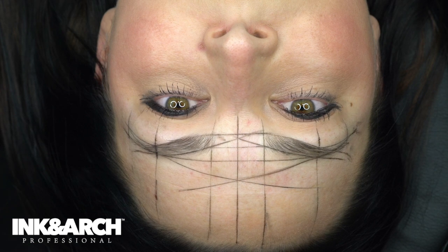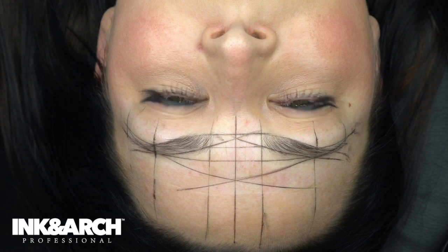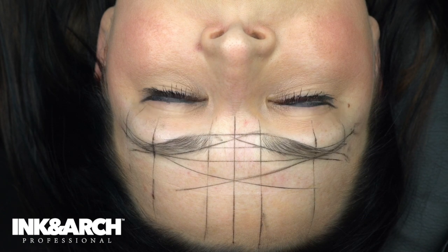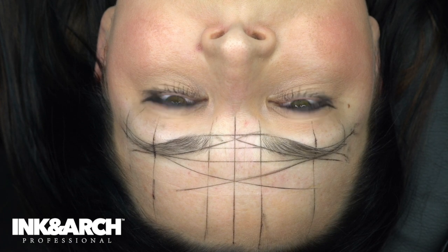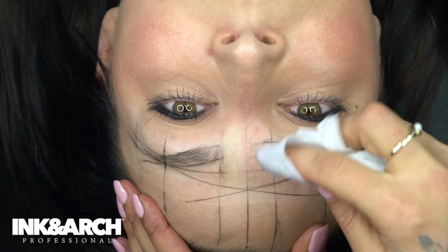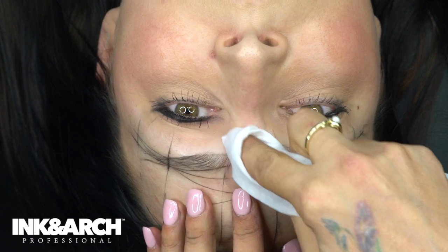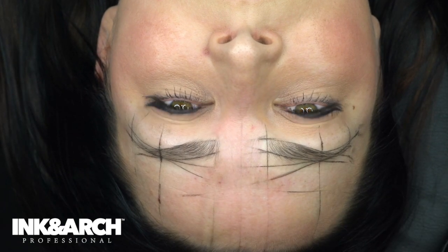Now what we are going to do is we're actually going to remove those lines and we're going to outline the brows and give them their shape. Make sure they're perfect. Clean off the brow string that's on our hands because it gets pretty messy and we want to work super, super clean. Okay? So now what I'm going to do is I'm just going to take off all these vertical lines so I can actually see what's going on. So once you kind of get rid of these lines, your brows really take effect. And if you think about it, brows only need like 4 lines to create arches and bulbs and where you need to go. So if you think about it that way,